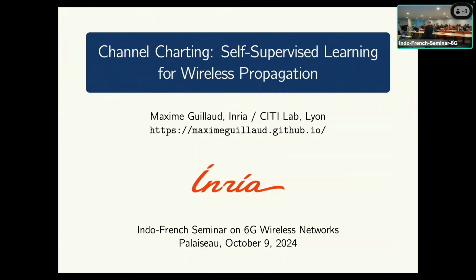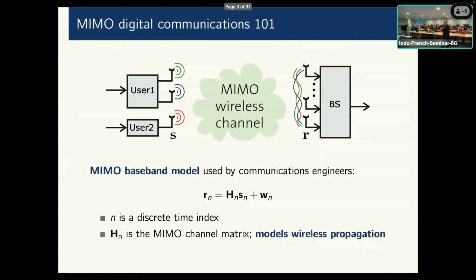So I'm going to talk about channel charting, which is a machine learning approach to dealing with channel state information statistics. I'll start with the basics. When we model the physical layer of wireless communication systems, we have this simple linear model, and we have this equation where Hn here stands for the channel state. And in this presentation, I'm going to actually focus not on this transmit-receive chain, but specifically on H and on